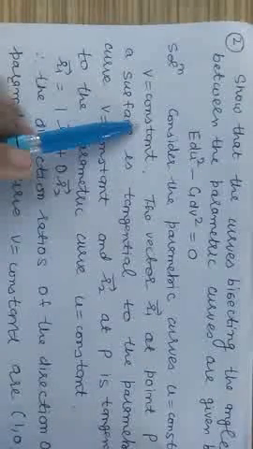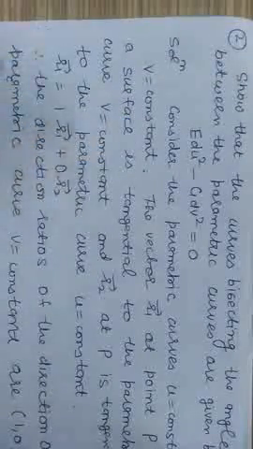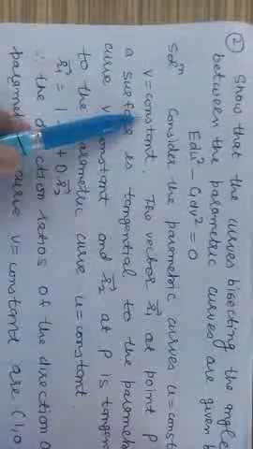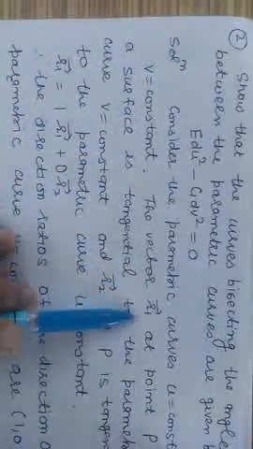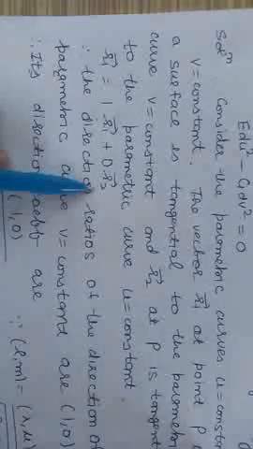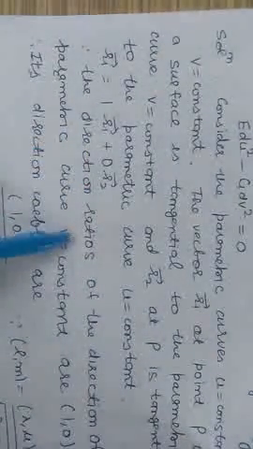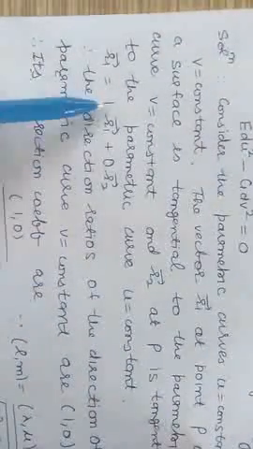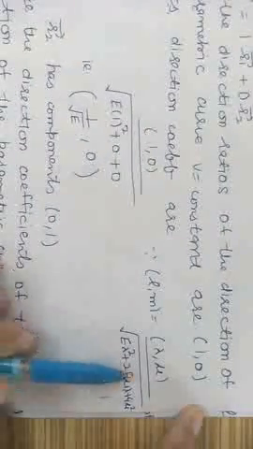So in order to find the curves bisecting the angle, let us first find the direction coefficients of the directions for these two curves. Now the vector r1 is tangential to the parametric curve v equal to constant, and vector r2 is the tangential vector to the parametric curve u equal to constant. Now because the vector r1 can be written in this form, r1 plus 0 into r2, the direction ratios of the direction for this curve are 1 and 0. Now we can find the direction coefficients for this direction by using this formula.